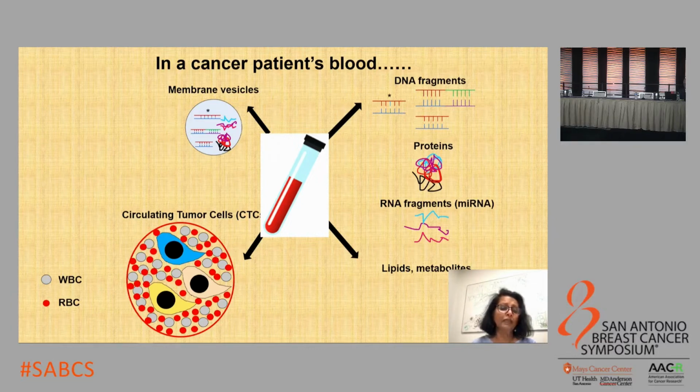So therefore, isolation and characterization of the circulating tumor cells can provide a non-invasive tool to repeatedly and rapidly monitor tumor evolution over time. However, CTCs are extremely rare. They are estimated to be present at a frequency of 1 tumor cell within a billion blood cells, and therefore their isolation poses quite a technological challenge.